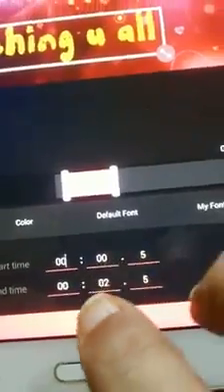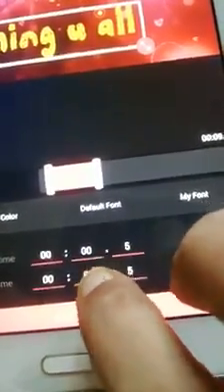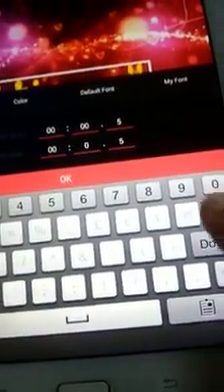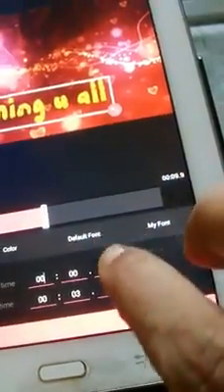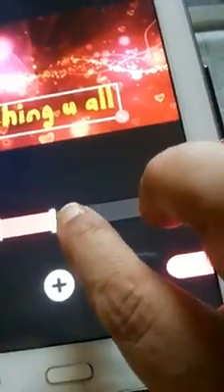If you want, you can change it. Just tap here and say back, and instead of 2 I'll say 3. So this will go for 3 seconds. Now you can see this bar has become a little bigger, but I don't want it so big. Supposing I want it less only, or let it be like that. Now this position is at 3.5.